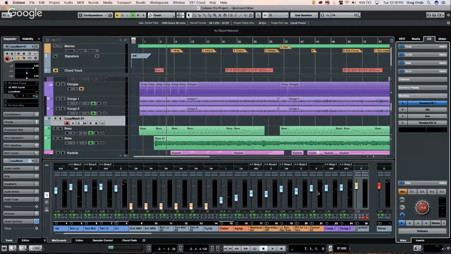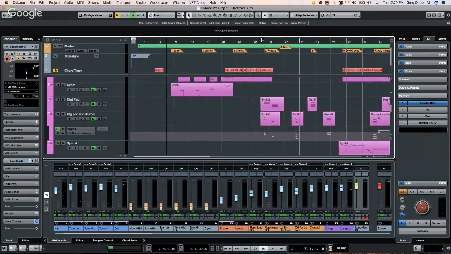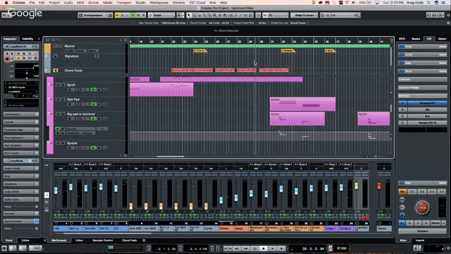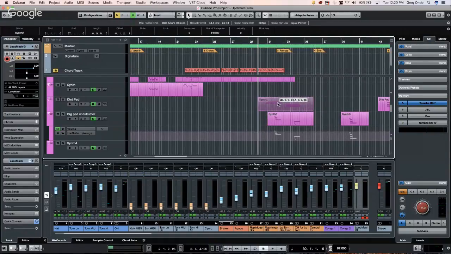All right, now one of the things we also wanted to do was to have an interesting way of snapping to the grid. So if we have our master timeline in bars and beats, we could see our different grid snapping options set to bar, to beat, or the quantize preset. But there's a new function called adapt to zoom. So as I wanted to go to particular parts, as I zoom in here, so let's say I'm zoomed at this level, and so now as soon as I go here, it'll just snap